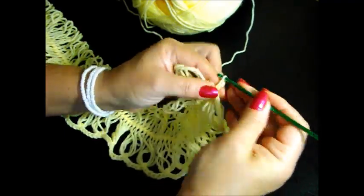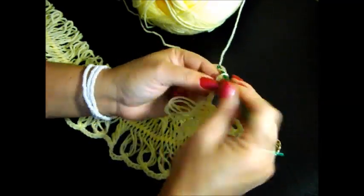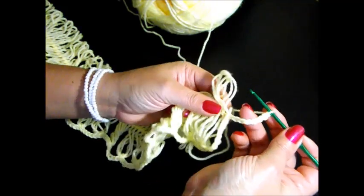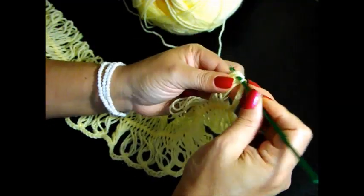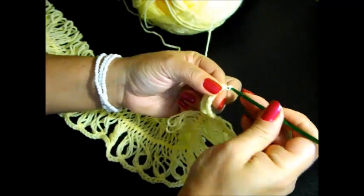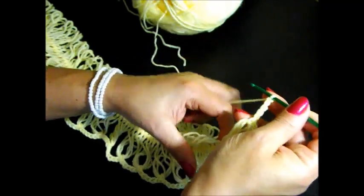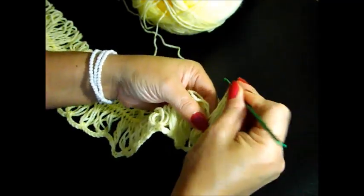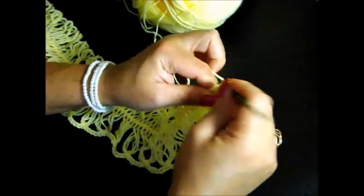1, 2, 3, 4, 5, 6, 7, and 8, and now we're gonna grab 4 loops, and we're gonna do a single crochet in the top. We're gonna chain 5. 1, 2, 3, 4, and 5. We're gonna grab the next 4 loops, 2, 3, and 4, and we're gonna do a single crochet, and we're